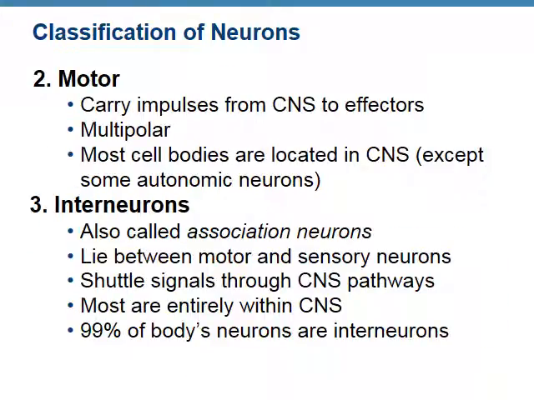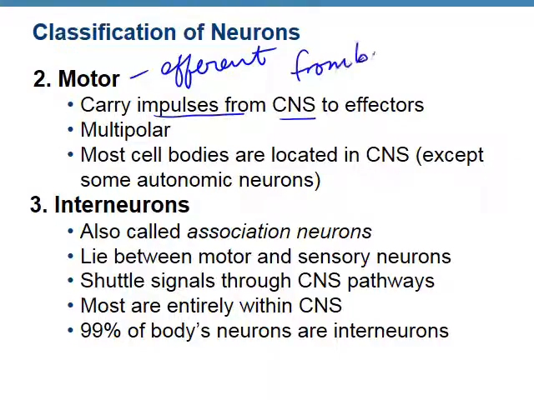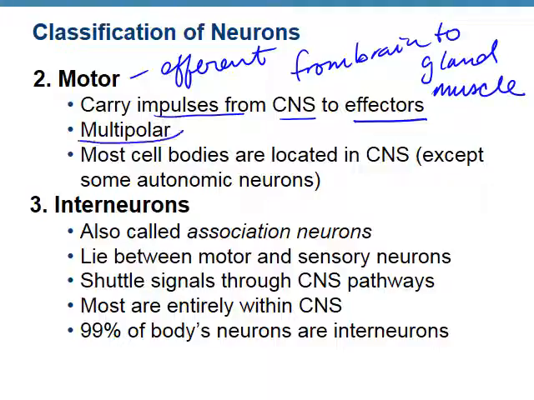So all of the bundles for these neurons are located in the peripheral nervous system. For the motor neurons, and remember these are called efferent, the motor neurons carry impulses from the central nervous system, so from brain to effectors. It could be a gland or it could be a muscle, right? These are usually multipolar. We're going to have to send out lots of messages. So again, if we're swinging a bat, we're not just sending a message out to our forearm, it's to our forearm, our hand, our back, our leg. The cell bodies in this case are located in the central nervous system. Remember, the message is originating from the central nervous system, so it would make sense that the somas are located in the central nervous system.